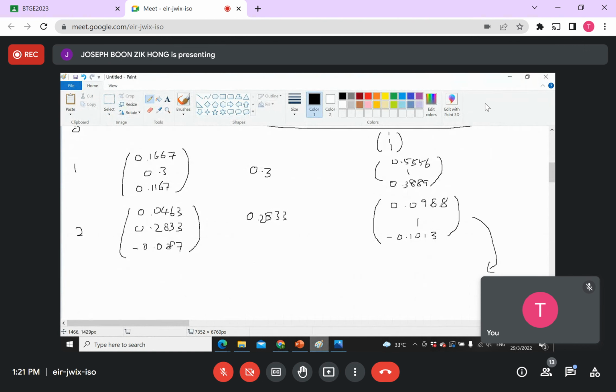This one to this one, nothing changes. Not changing much. Maybe less than 0.001, then you can stop already. But if the exam doesn't mention how many iterations to do, then as long as you see less than 0.01, then you may stop. So the answer given here,